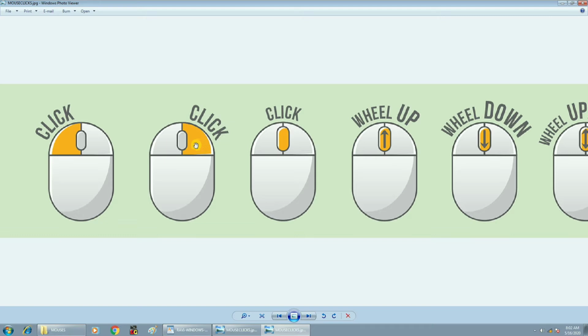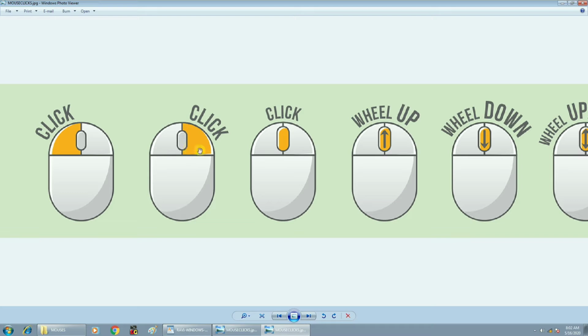I already told you the purpose of the left mouse click: to select a particular folder or file or song or movie or any educational content or any component in the computer. To select it, we have to use left click. If you want to do some additional operation based on that, you have to use the right mouse click.